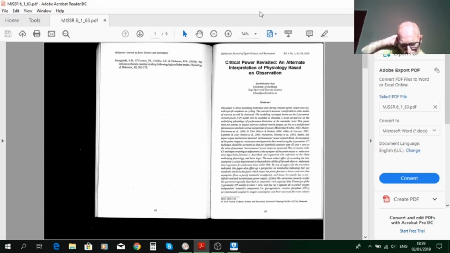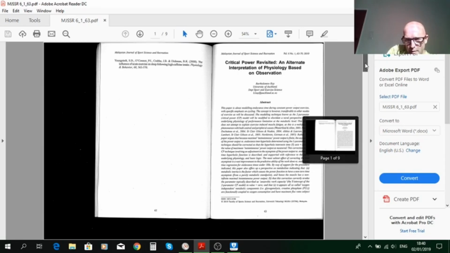There's a technique that some people have used, called critical power. That's what this paper here is about. It's called Critical Power Revisited, an alternate interpretation of physiology based on observation. In other words, that theory that I've just outlined to you, that's the basic idea that's taught. Three energy systems, here they are, 1, 2, 3. One uses oxygen, the other two don't. But pretty much that's how it is. We have both an aerobic and an anaerobic means by which we can produce energy for muscle contracting. The problem with it is it's absolutely nothing. Absolutely none. This video is about why that's so.